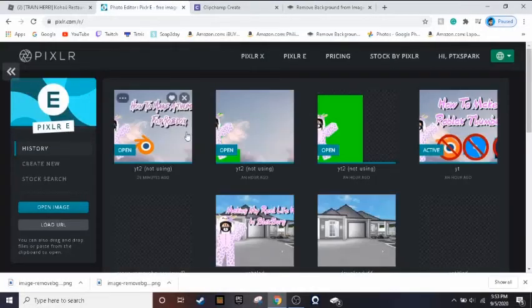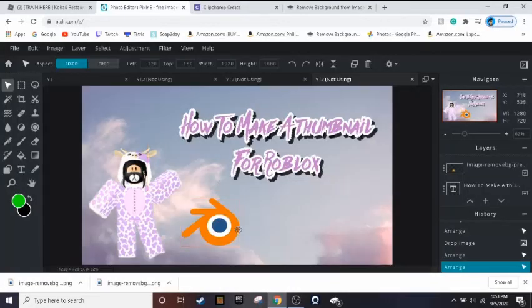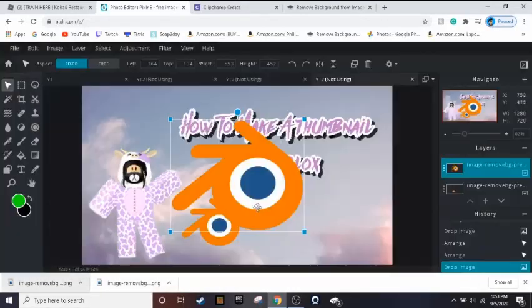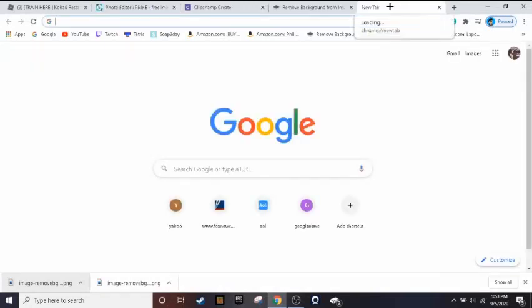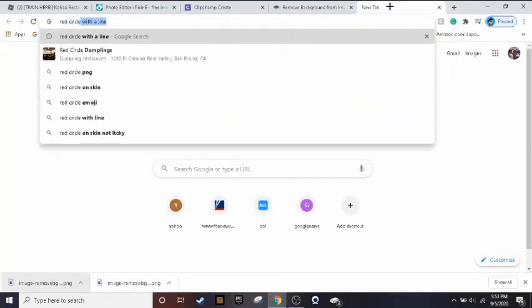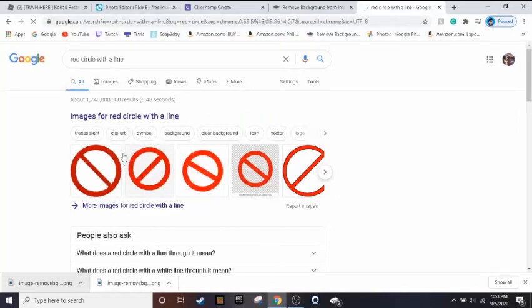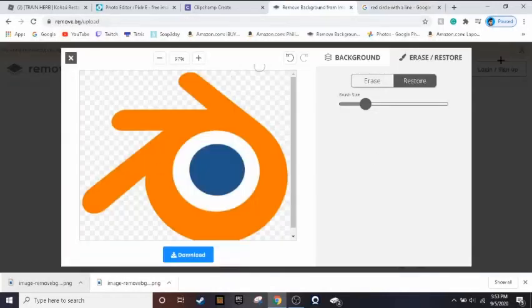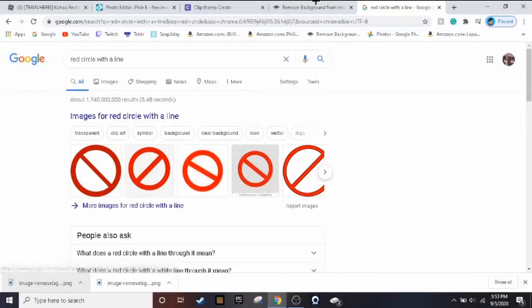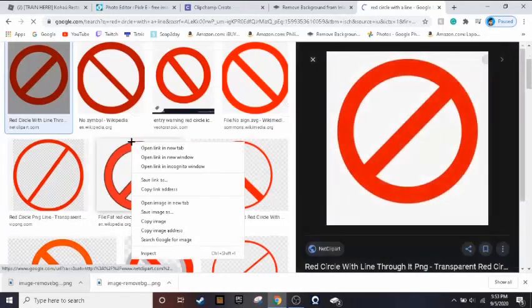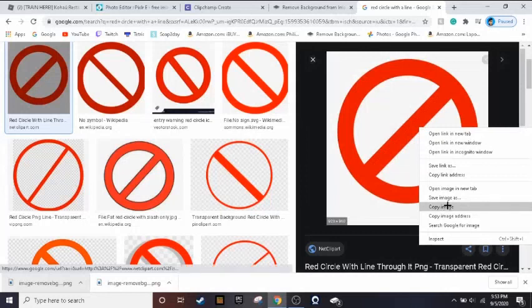Sorry, that's the wrong thing. We're going to go here, and then you can just drop it in, add current like this for every single one, and then you can add the red circle things, doing the same thing. So red circle with a line. You can add these for PNG, do the same thing with remove background, and then add them on top. So if we wanted to do that, let me just show you guys. I'm just going to copy image, and then I'm